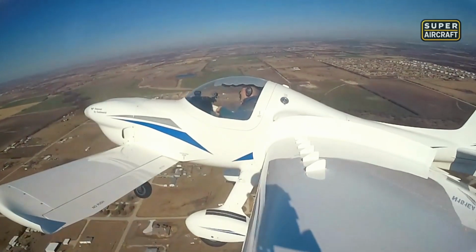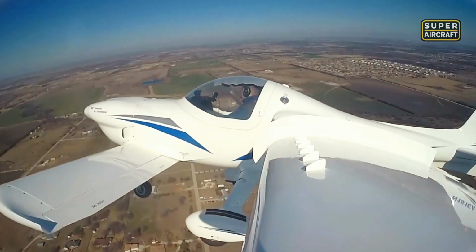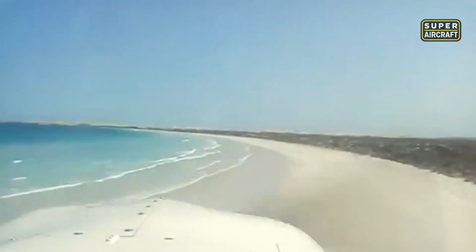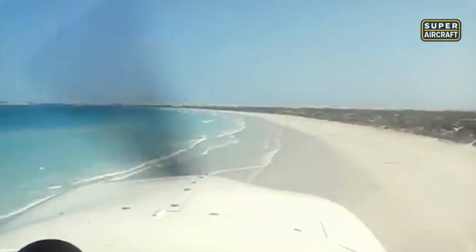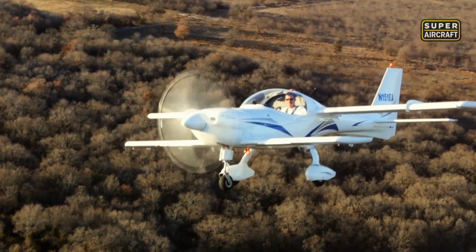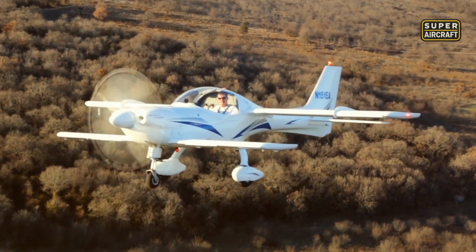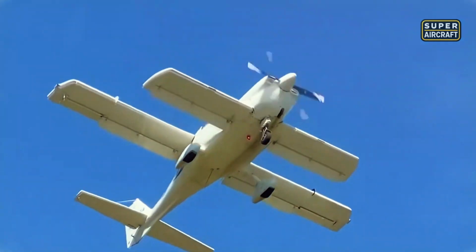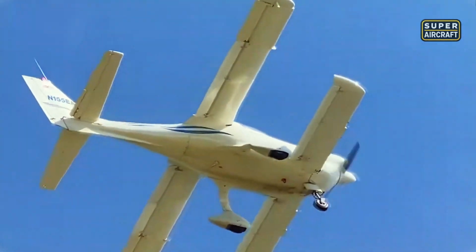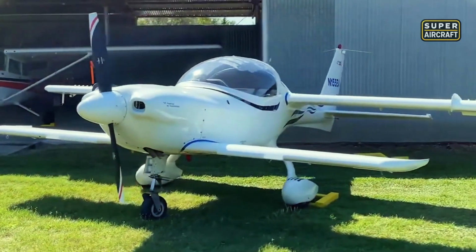It was powered by a Lycoming O-320 engine delivering 160 horsepower, giving it a cruise speed of 140 knots and a service ceiling near 15,000 feet. Its retractable tricycle landing gear and composite structure made the Eagle light and efficient. With an empty weight under 1,400 pounds and a wingspan of 28 feet, it climbed quickly and handled well in